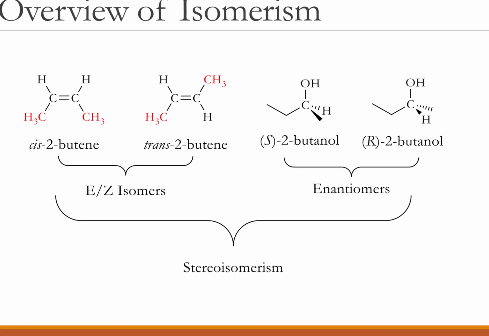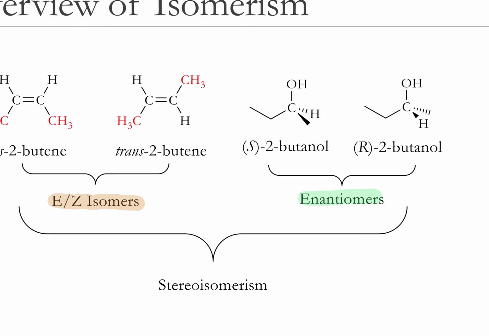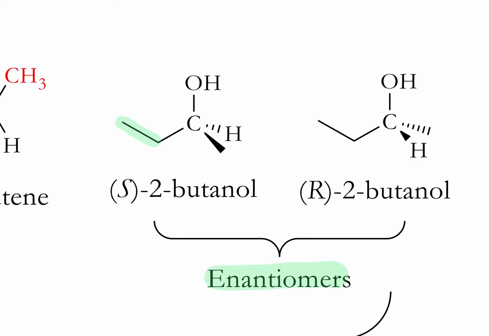Another slide. Now I'm breaking down the stereoisomers into different groups. What I had called geometric isomers, I now have as E/Z isomers. We'll come back to that officially at the end of this chapter, not today. But you see there's cis-2-butene again and trans-2-butene. On the right, we have what are called enantiomers, and that's going to be discussed later on. But again, you can see we have the same groups,